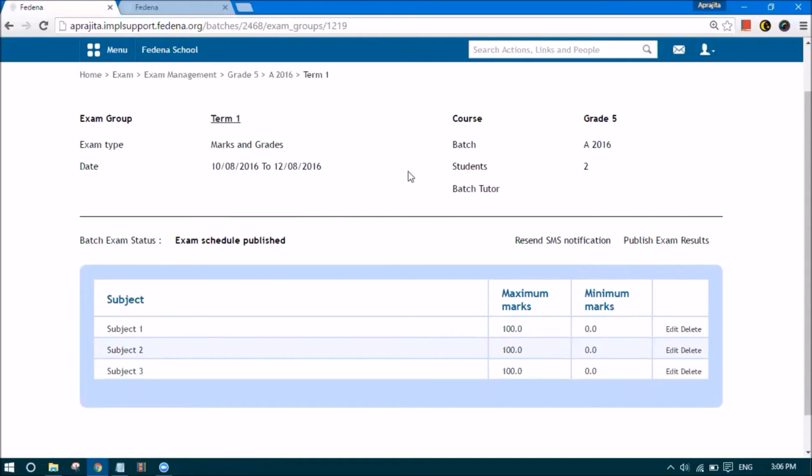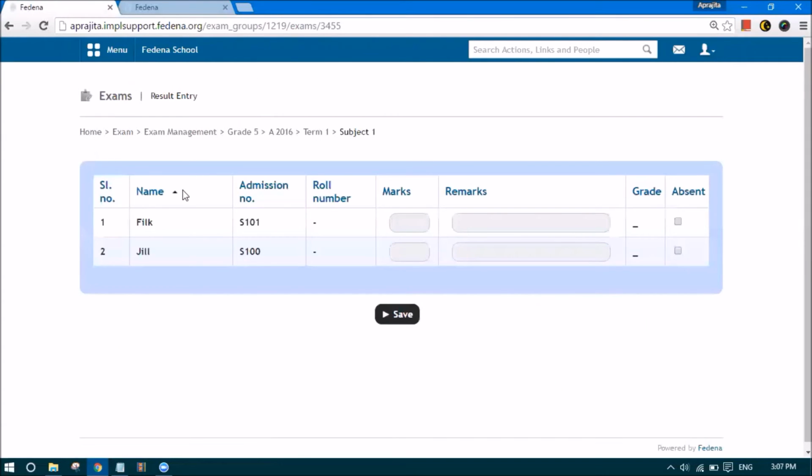So in this case, I am logged in as an administrator. Let me show you how admin can enter marks, and then we will see how the subject teacher can do that. I will click on the subject. All the students of the batch will get listed. Since we have 2 students, we see the same. I can enter the marks that the student has scored in this subject. And also some remarks. So here we enter some remarks